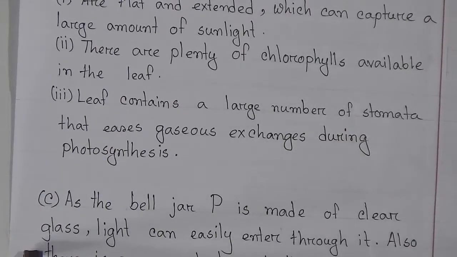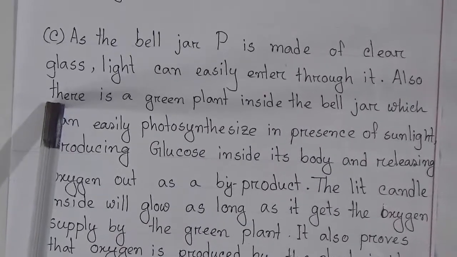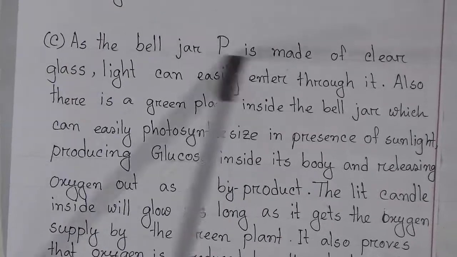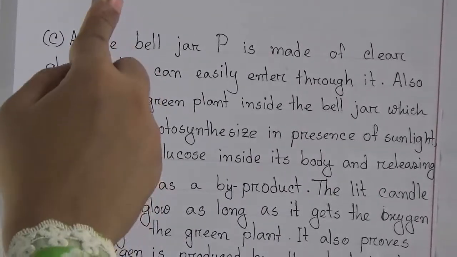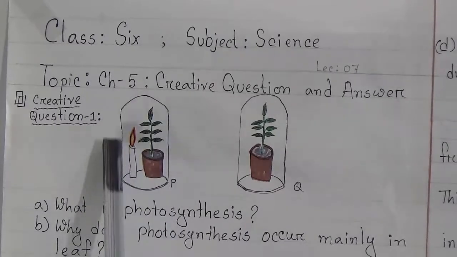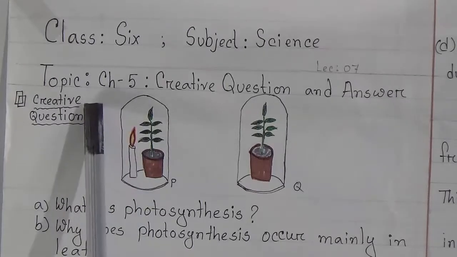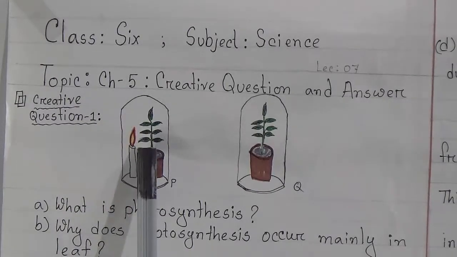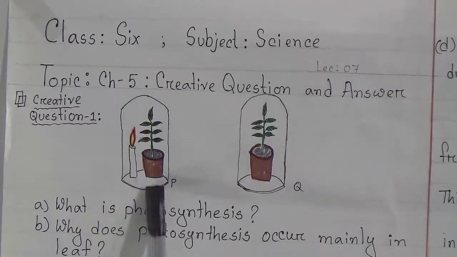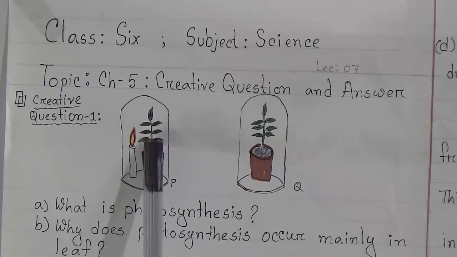Question number C was, why is the candle in bell jar P burning? Explain. Dear students, for the answer, first follow the picture. Look at the picture. There is a bell jar, that means this bell jar is made of glass. Glass is transparent, that's why sunlight can enter inside. It looks like a greenhouse, doesn't it? The plant gets the sunlight and can photosynthesize and make its food, and as a byproduct